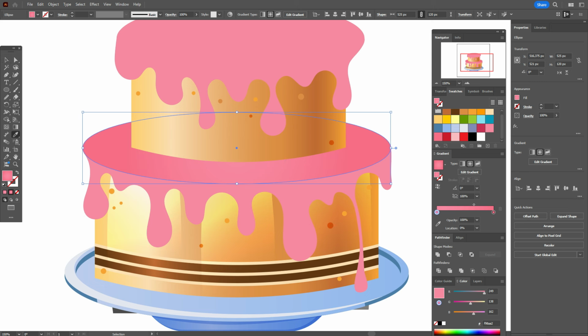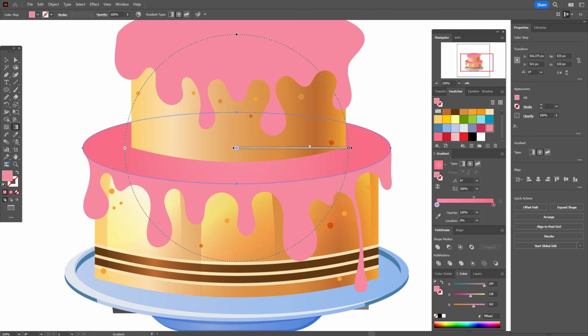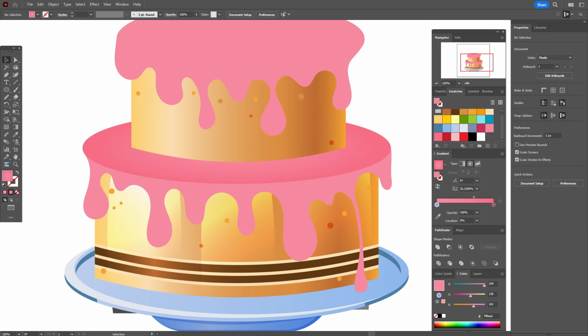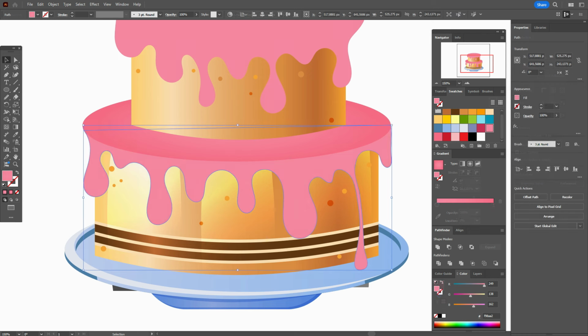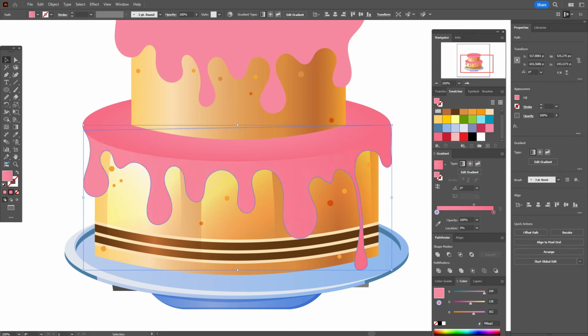Take gradient tool, play with the gradient like this, squeeze it a little and make it a little wider. Okay. Now let's select the cream and we need as well here gradient, linear gradient. We need here 3 colors, these 2 pink colors and dark pink color, and here 90 degrees. Okay,